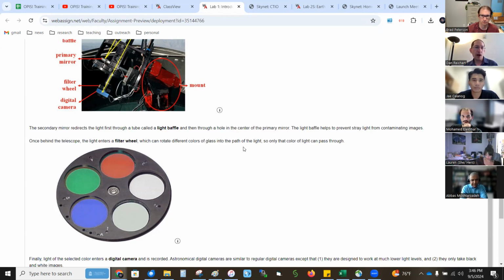Also, why do we have black and white? Well, we do make color pictures, but we use filter wheels, different colors of glass, and sometimes they're special for picking out certain elements and whatnot, but here's a standard red, green, blue. And in their phone cameras, if you zoom in, you have a Bayer array where it's like red, green, green, blue, or red, green, blue, blue. I forget what the Bayer is.